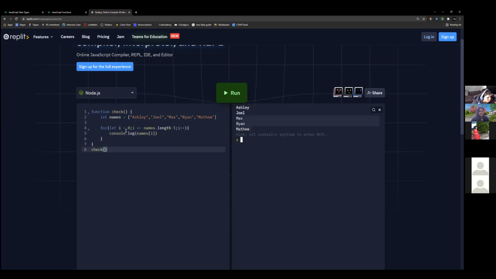All right? And now we can perform other operations on this code while we're in here. So, okay. I'm going to write a console.log names just to see. So right here we have the value of all of our names. This is after the code runs. And if I wanted to add a